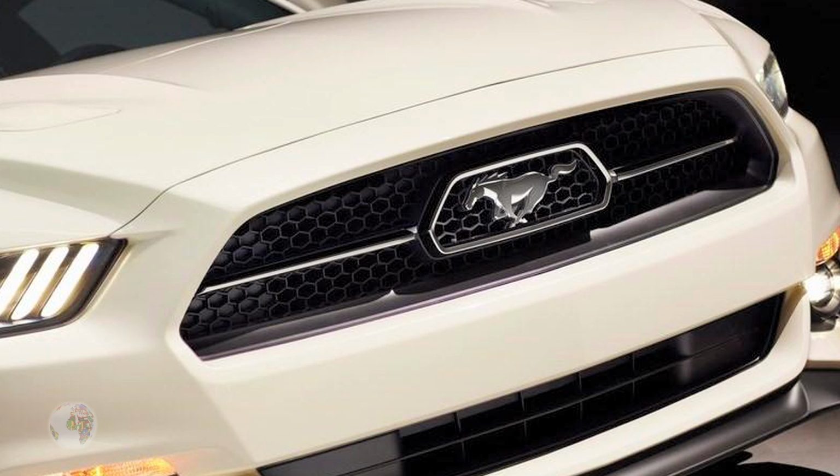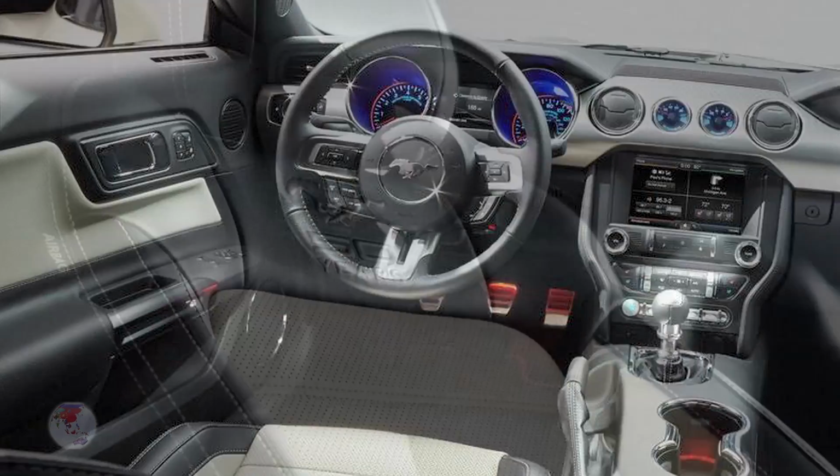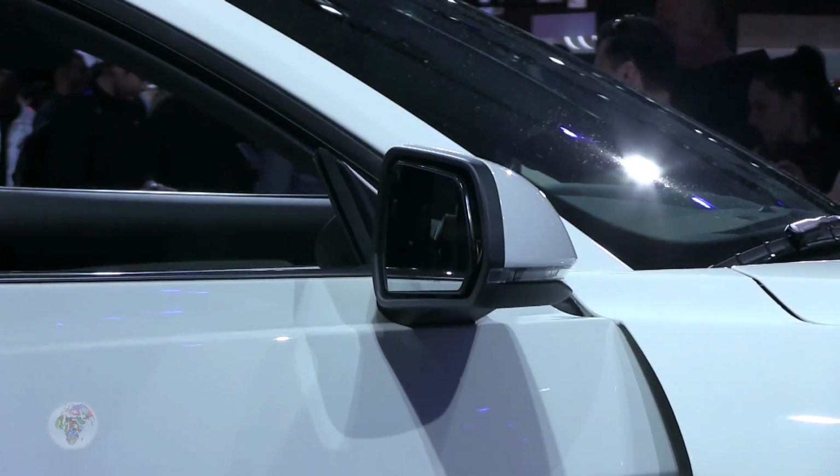In addition to a handful of debuts on American soil, this Mustang was simultaneously shown in Barcelona, Spain, Sydney, Australia, and Shanghai, China. Ford has said it has large global ambitions for the new Mustang, so check back to